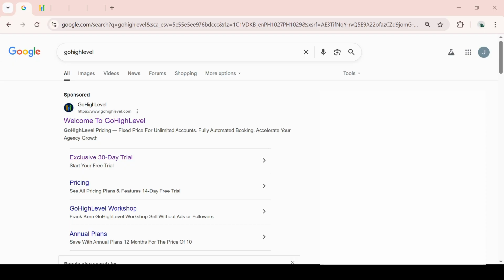Let's begin by opening your preferred web browser. Type in Go High Level in the search bar and then select the official website, which you will find as www.gohighlevel.com. Once there, you'll need to log in to access your account. Use your credentials to log in, ensuring that you have the necessary access rights to create and manage forms within